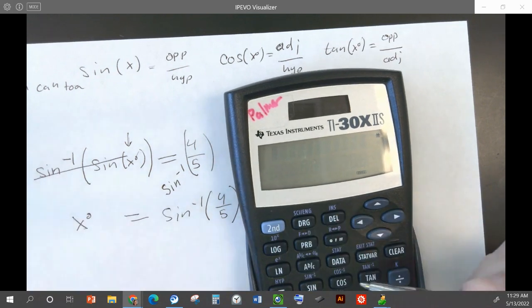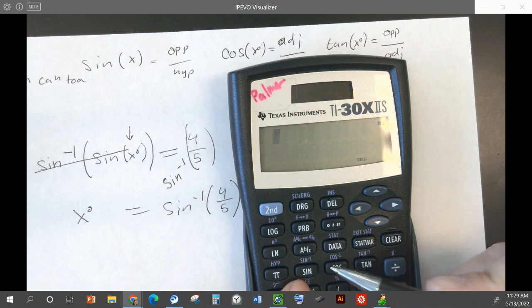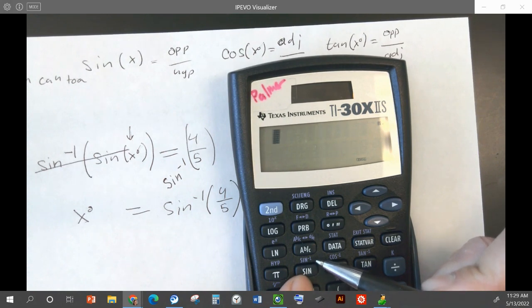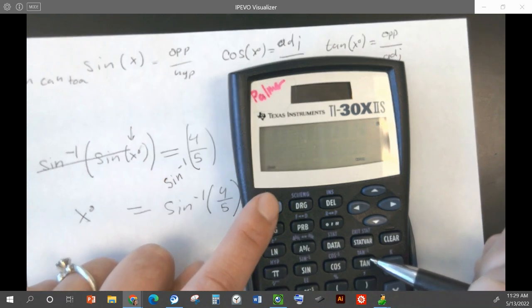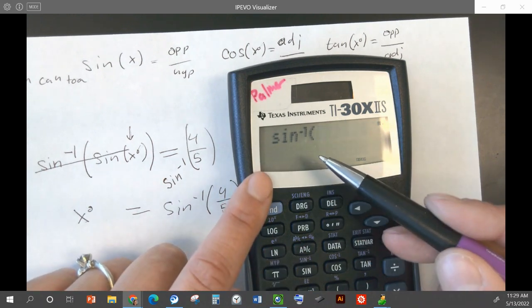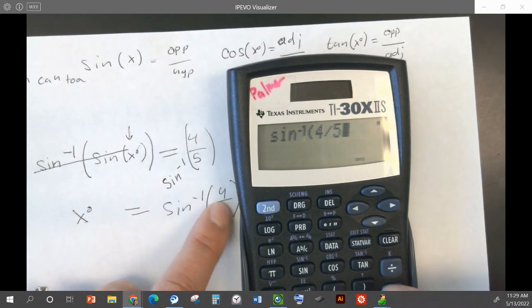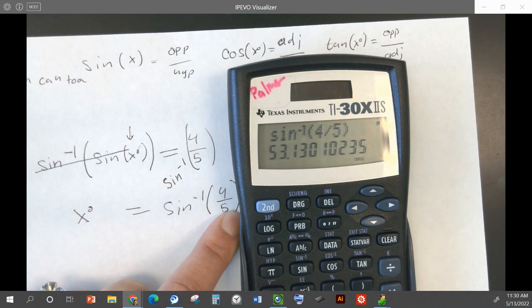and if we look at, so we've got sine, cosine, tangent. If we look above those buttons, it depends on your calculator, but this calculator has sine with a little tiny -1. That's sine inverse, cosine inverse, and tangent inverse. To get those, I just have to push the second button. So blue button, then sine. So I've got sine inverse. And then I just type in my number, 4 divided by 5, parenthesis, and that gives me,